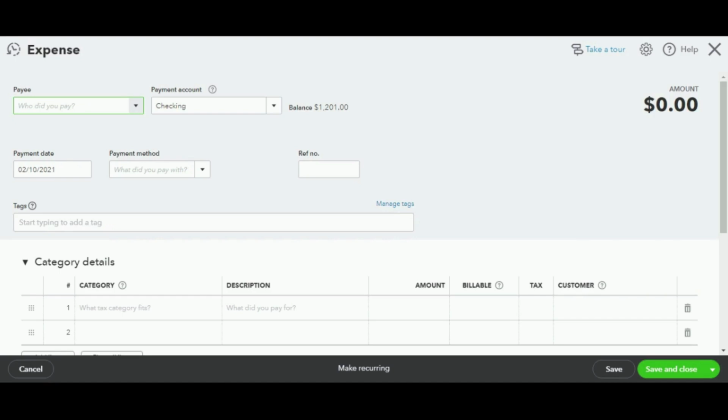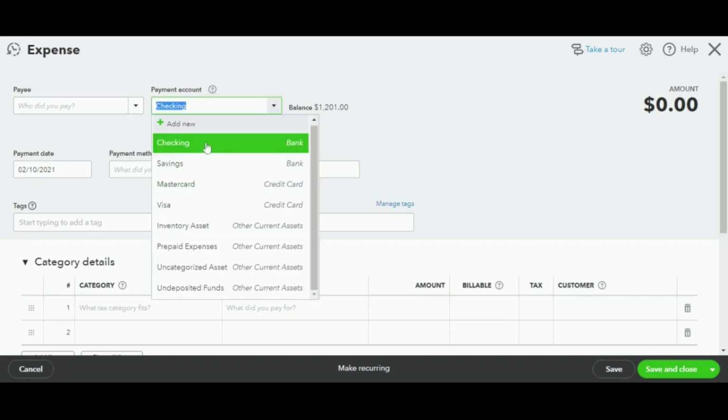In the expense window, you select the account the expense was paid from, such as petty cash or a bank account or a credit card account. So your payment account, you should select kung saan manggagaling yung payment. Pwedeng sa checking account mo, sa savings, o kaya naman ang pinambayad mo is your Mastercard or your Visa